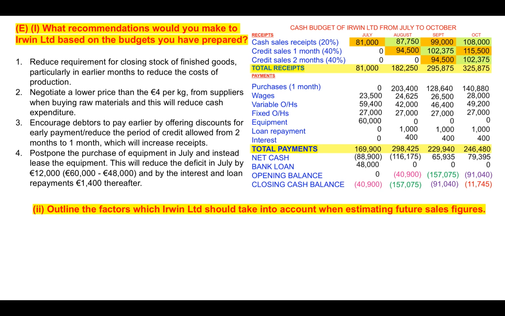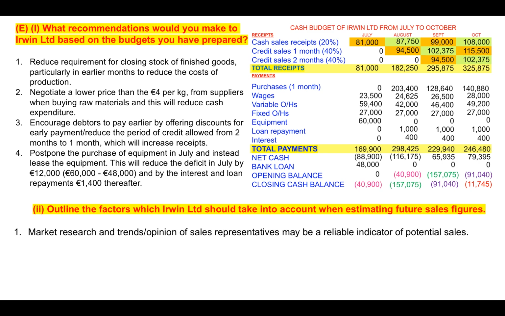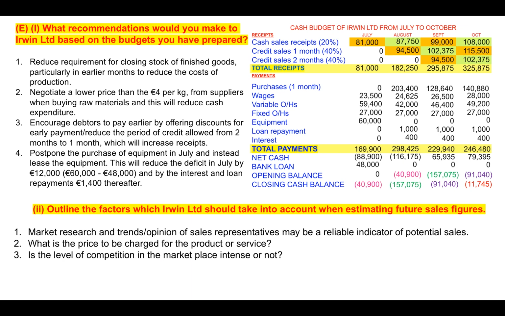Now, part 2. Outline the factors which Erwin Limited should take into account when estimating future sales figures. So number 1, market research and trends or opinion of sales reps may be a reliable indicator of potential sales. Number 2, what is the price to be charged for the product or service? Number 3, is the level of competition in the marketplace intense or not? And number 4, is the economy